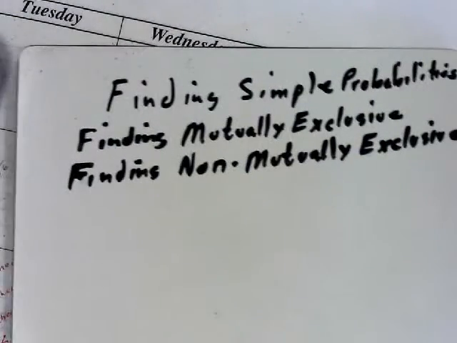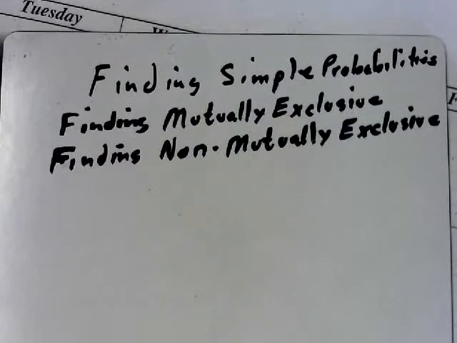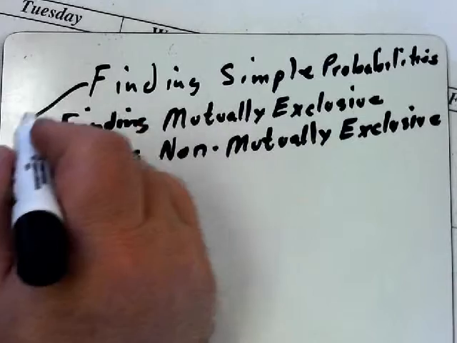We're going to do three things today. We're going to find some simple probabilities, finding some mutually exclusive probabilities, and finding non-mutually exclusive probabilities. In fact, we have done two of these, but we're just going to review them a little bit. Finding a simple probability